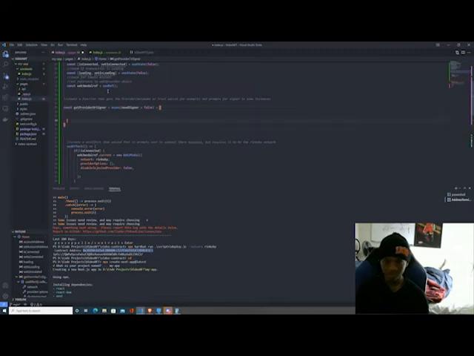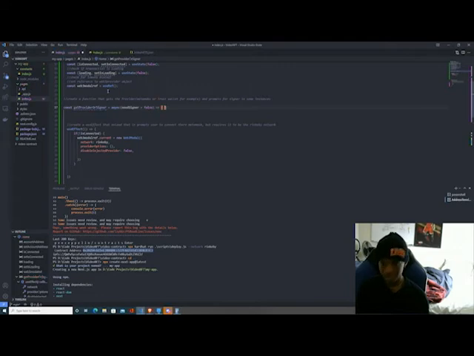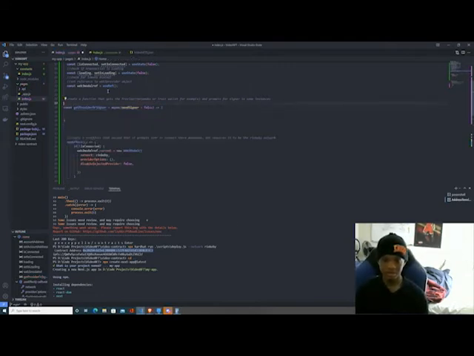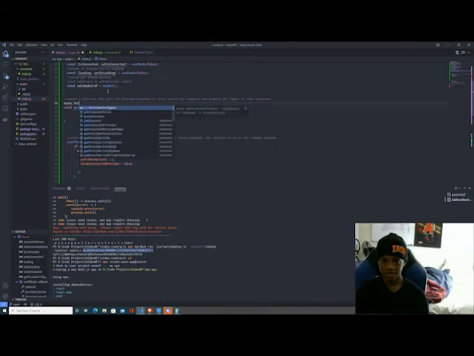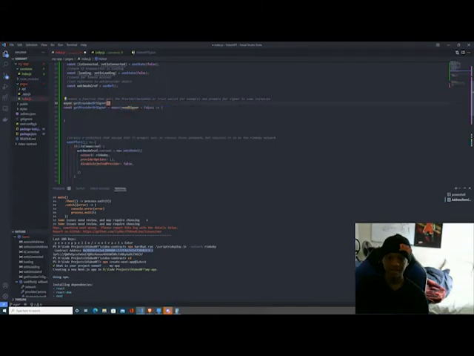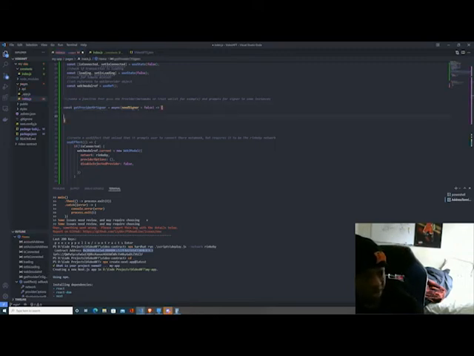Arrow function. No, I don't know. To me, arrow functions just look good. Like, this is like an async function. That's cool to you guys, not to me. Anyways,